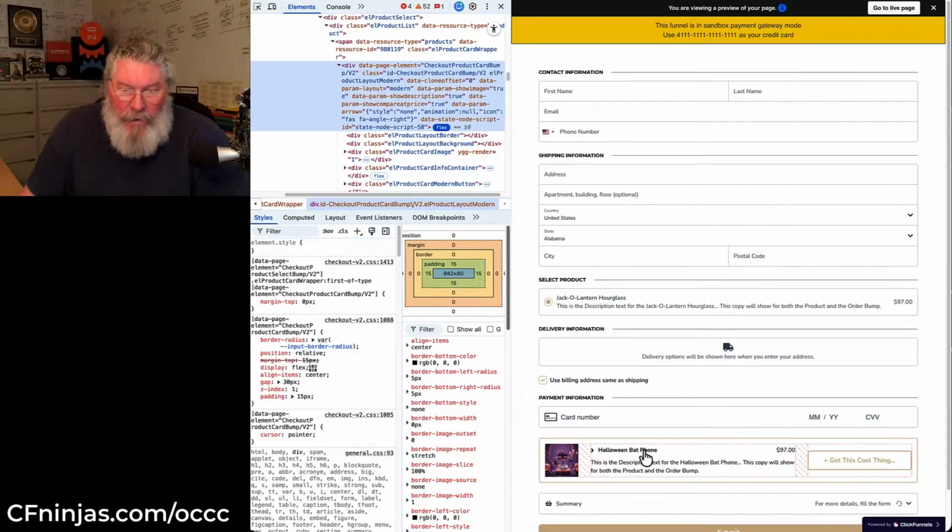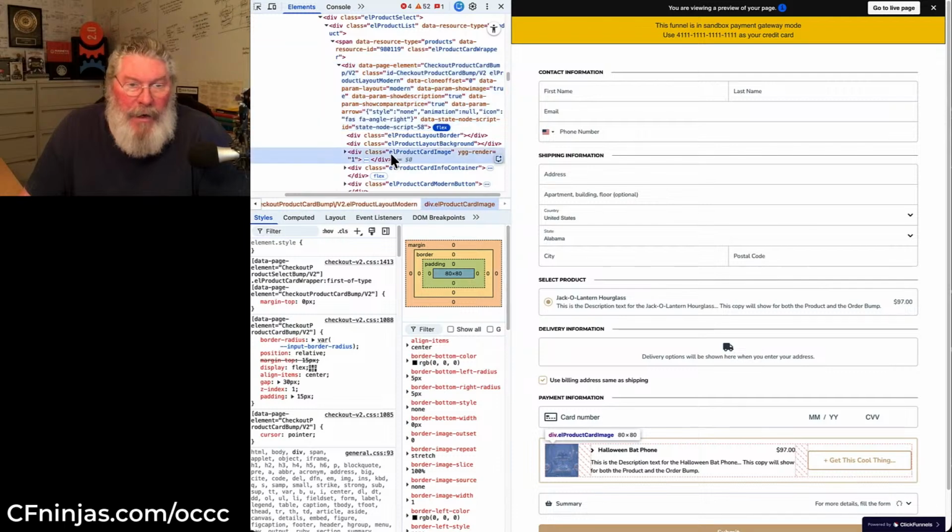We already showed how we could change the text size, the font, all that in previous videos. We showed how to change this button in previous videos. But what else might we want to change? Well, one thing is this image is awfully small. So let's come up here and let's take a look at this image, and we're going to scroll down a little bit,